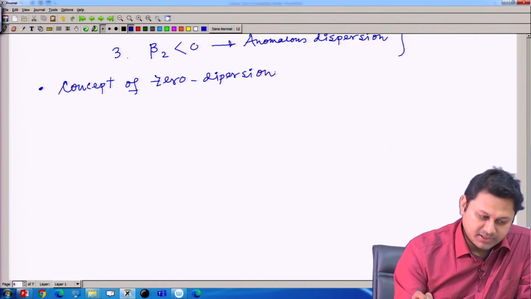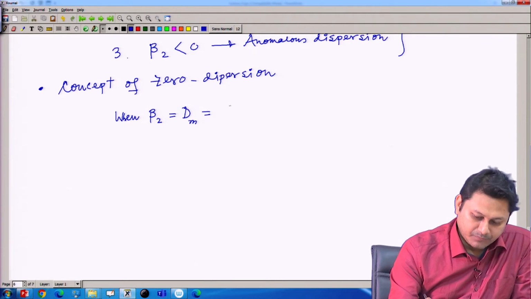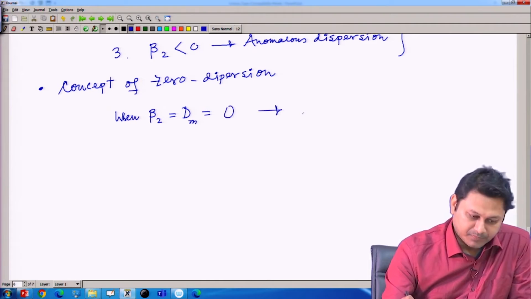Nothing special, we already know that when beta 2 or material dispersion Dm is 0,